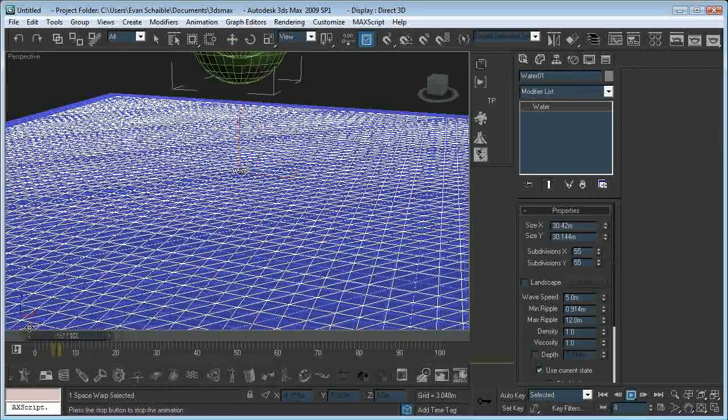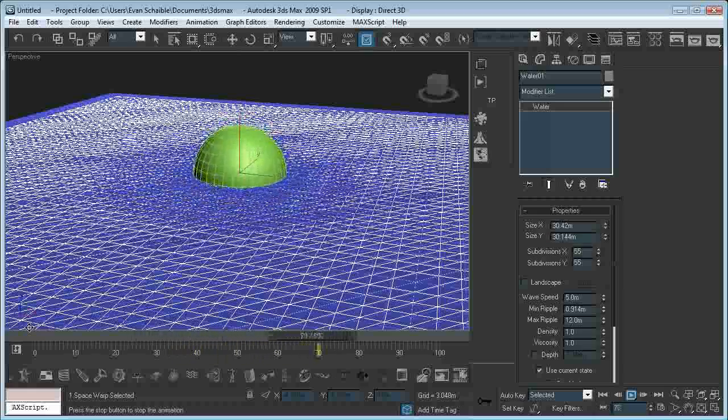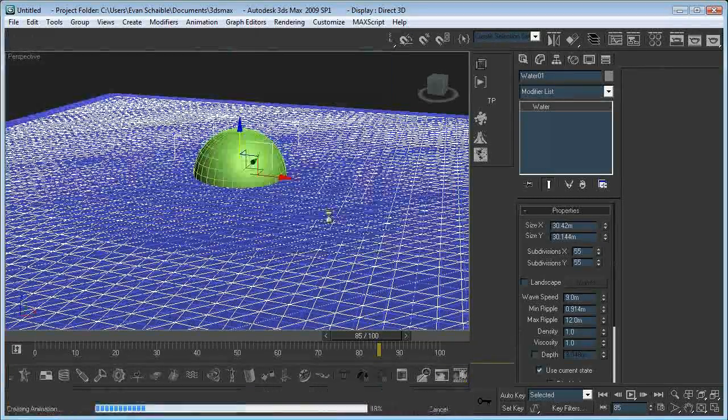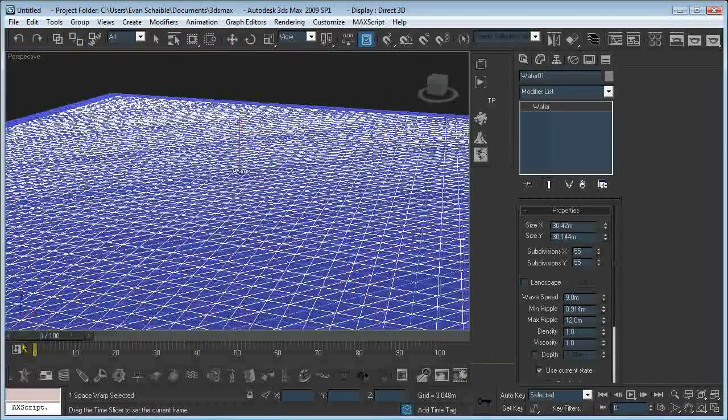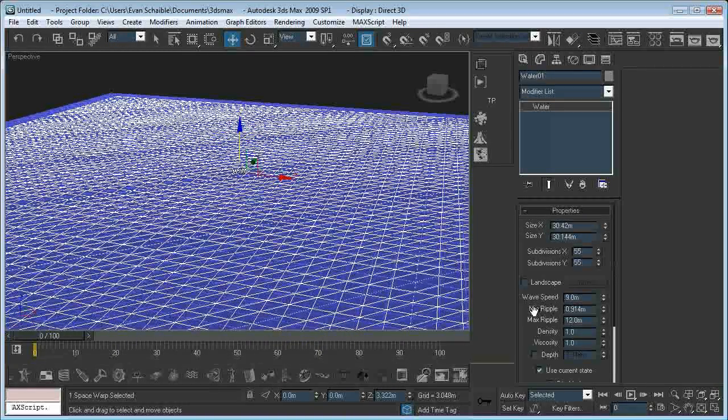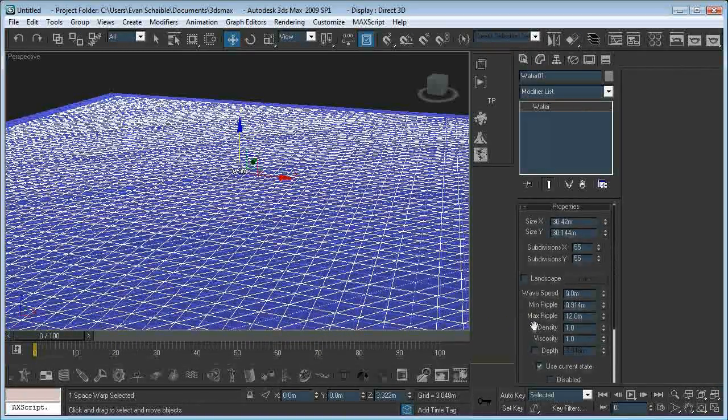Alright, so if we just play that through now, if you can see it, that looks a lot nicer. It might even be able to go a bit faster, so let's say 9. And that's pretty good. Okay, and now the wave height, or the min and max ripple, is kind of the